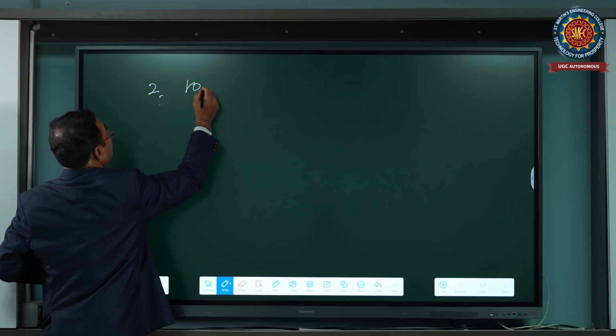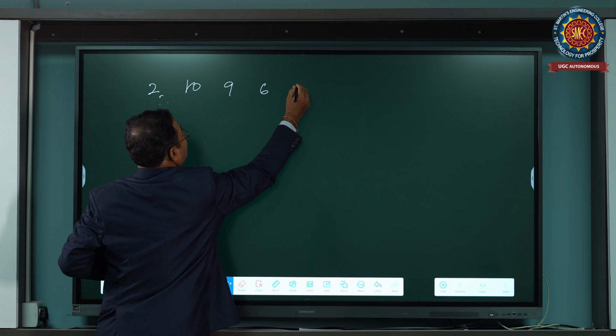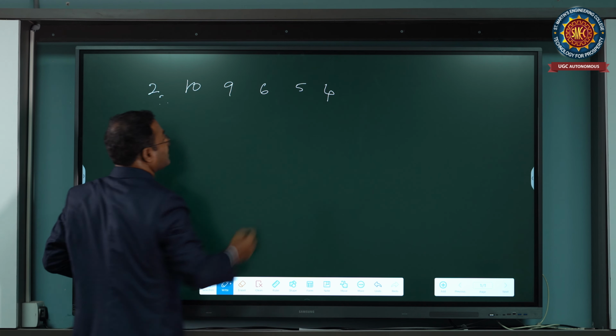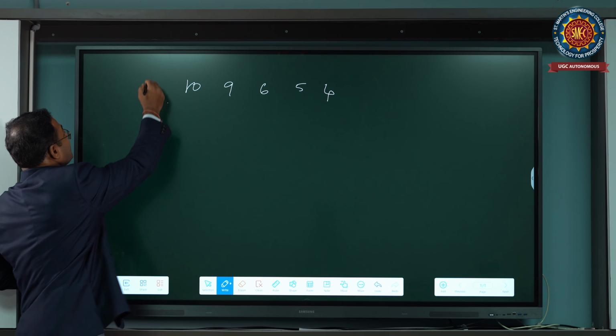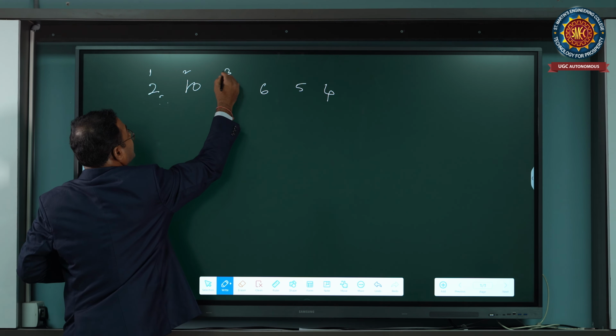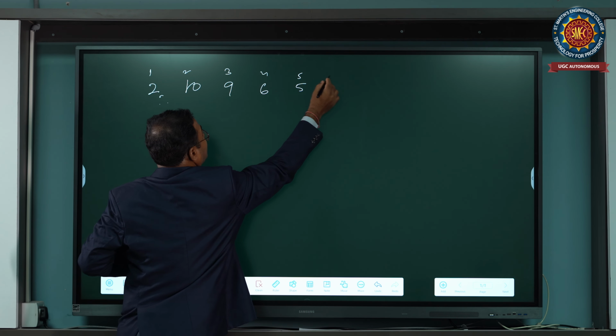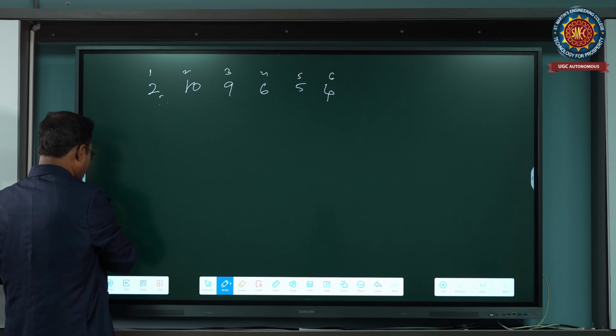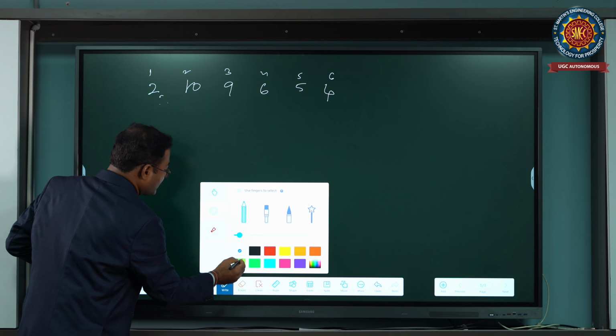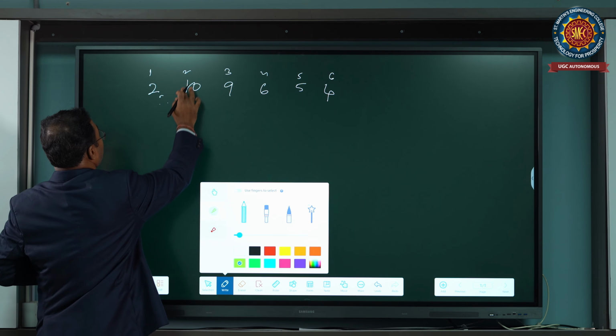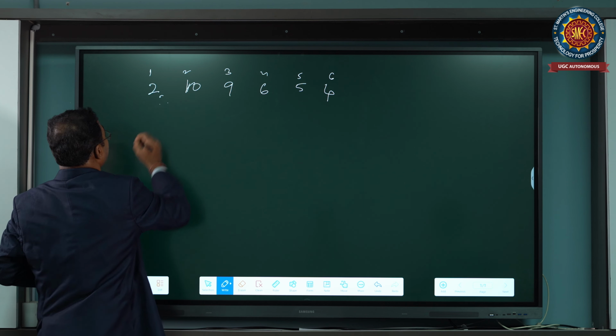2, 10, 9, 6, 5, 4. Here, how many elements are there? 1, 2, 3, 4, 5 and 6. 6 elements are there, right? Here, first